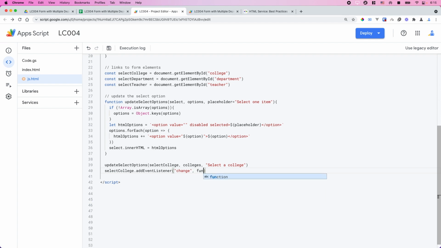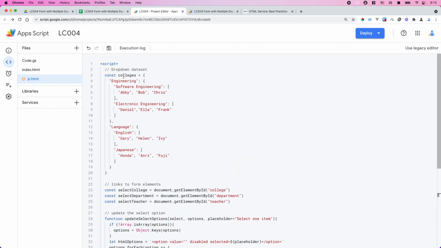So here we take a callback function. Here we need to update the select options for the department, right? Because every time we change college, we need to update the department select. And for the options for this department,